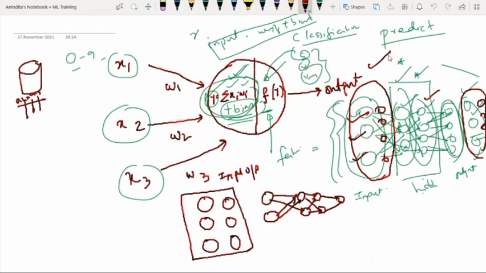So this thing I have faced. For a small data set, it is very hard to get good classification accuracy as well as prediction accuracy with a neural network. So keep this in mind: whenever you are dealing with a very small data set, with very few rows, don't go for a neural network. There are lots of other reasons to prefer neural networks, but this is one of the drawbacks that I have faced.